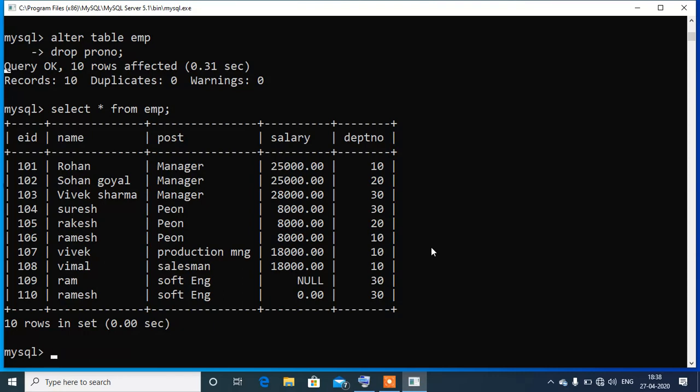Now one thing that is very important here: if we want to modify anything in the table, the data might get saved, and if we want to roll back from there, or undo the changes made, we cannot. Actually, in case of an ALTER statement, there is no way out. If we modify the table structure, there is no way that we can undo the change